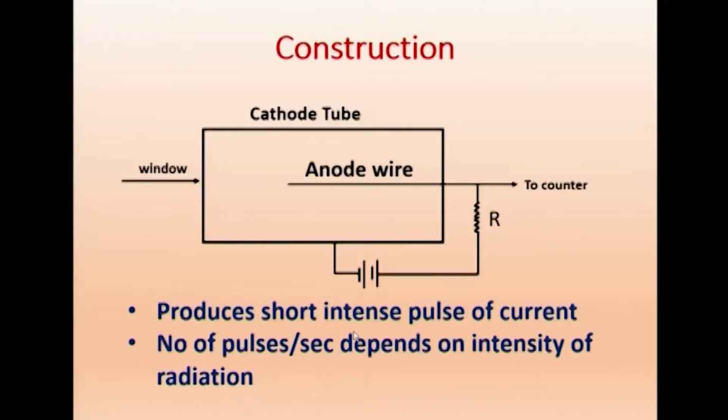The negative will go towards the anode and the positive ion will go towards the cathode. So, naturally it will go, and therefore it will produce a pulse. What happens is it produces a short intense pulse of current, because the ionized Ar atom will be moving towards the cathode, and the electron which is removed comes out and is attracted towards the positive terminal. Electron is negative charge, so it will be attracted towards the positive terminal. So, we get a short pulse.